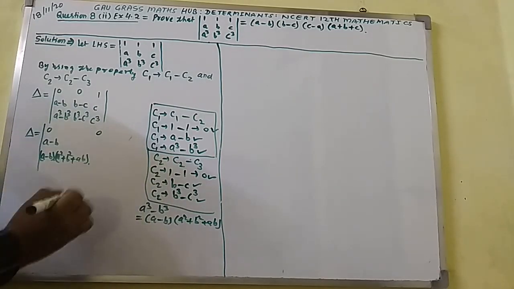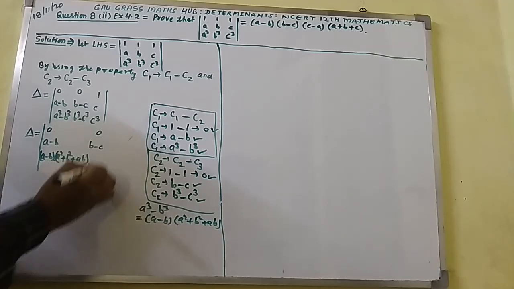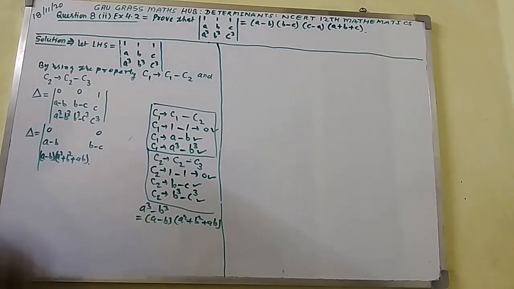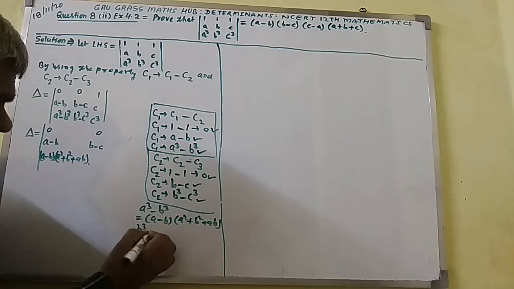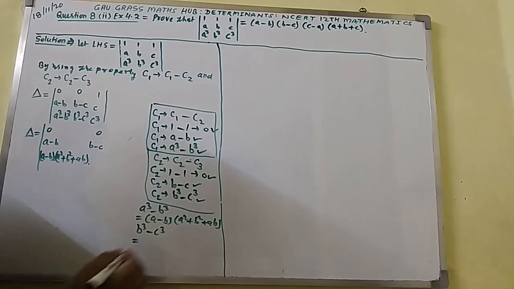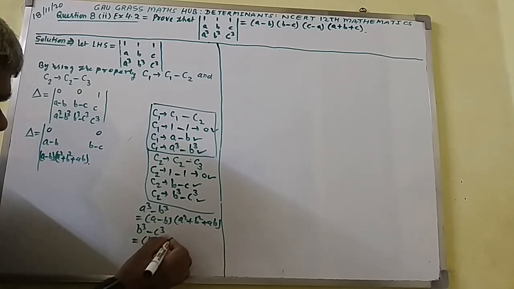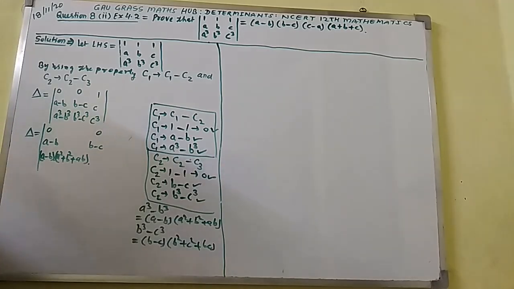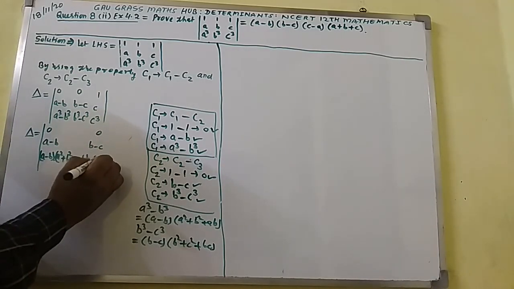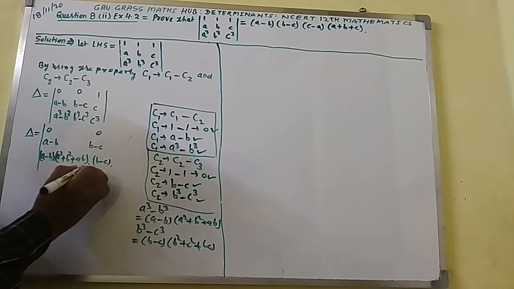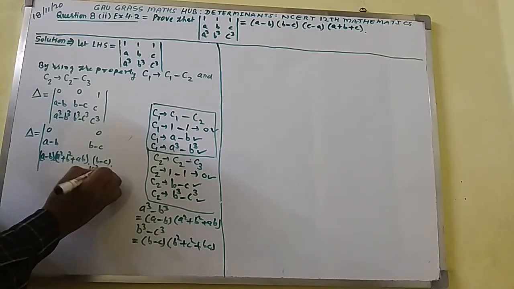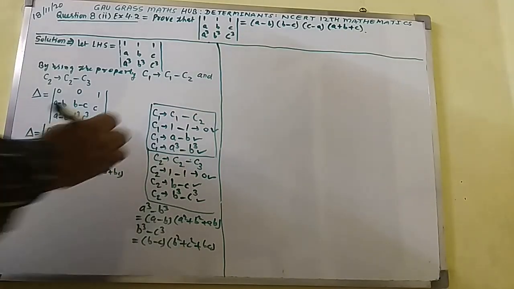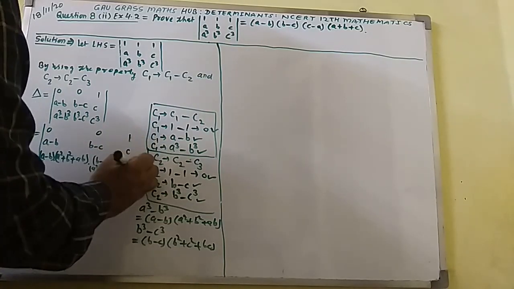Here write 0, b minus c. Here same thing, if you expand this one, b cubed minus c cubed. So here I shall write b cubed minus c cubed. You get the formula b minus c in one bracket, in another bracket b squared plus c squared plus bc. So here I shall write in bracket b minus c, just below I am writing b squared plus c squared plus bc. Here third column will be written as it is: 1, c, c cubed.